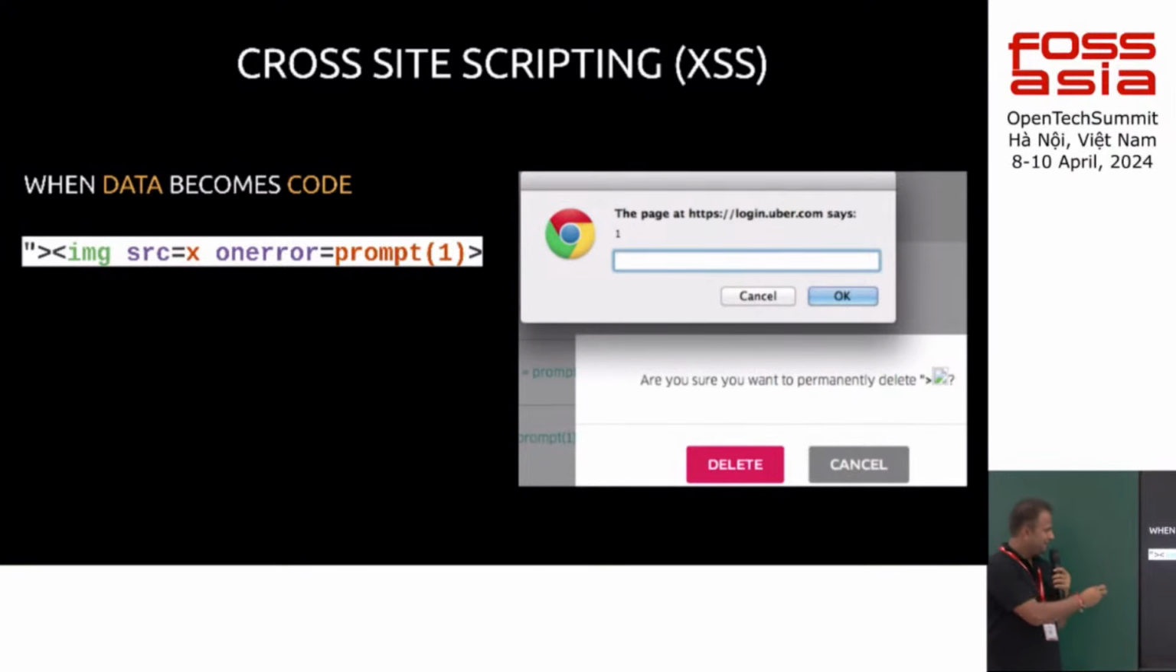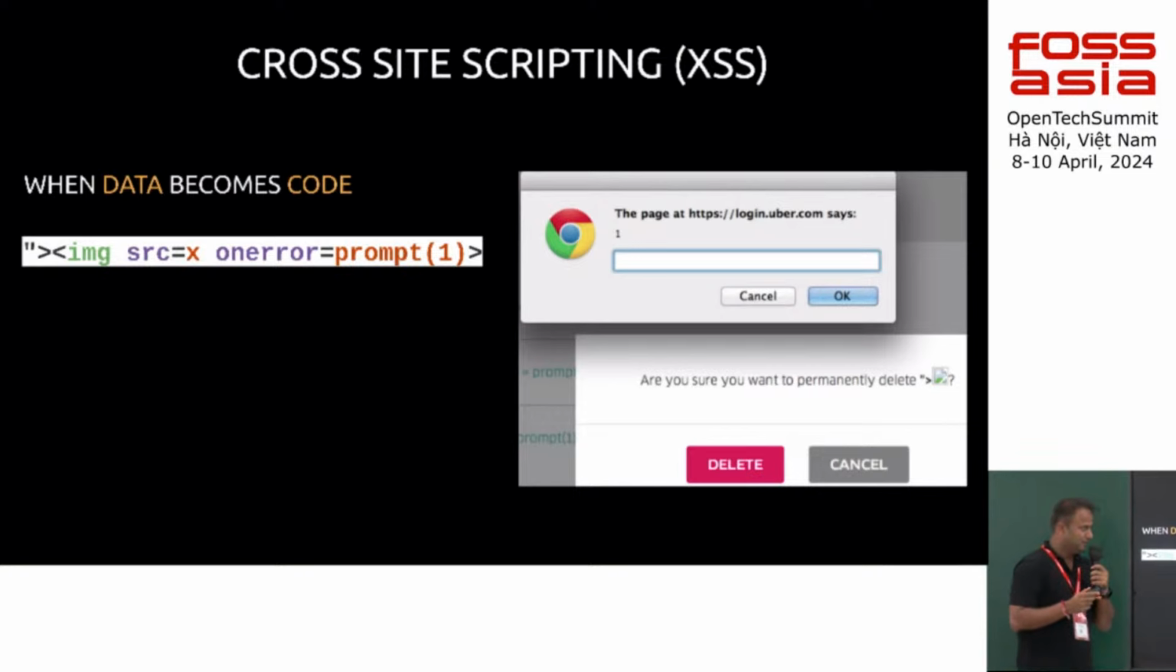In this particular example, you can see that there's an image tag with a source which is invalid, like X, which doesn't exist, right? And if it doesn't exist, then it will try to load an on-error attribute. The on-error attribute now has a prompt function, which will just prompt one, and prompt one will make sure that it just prompts